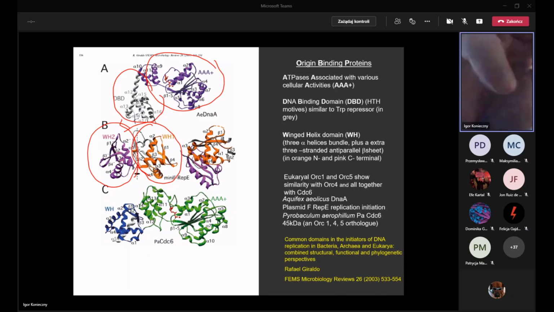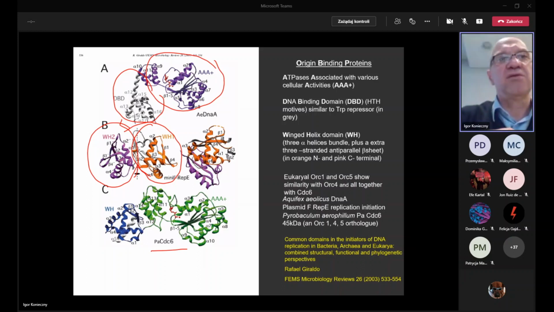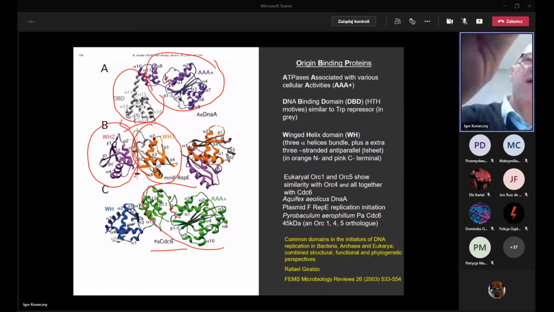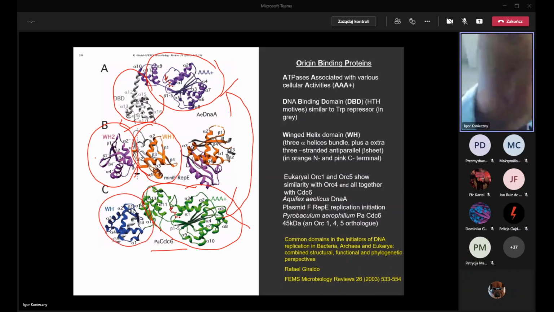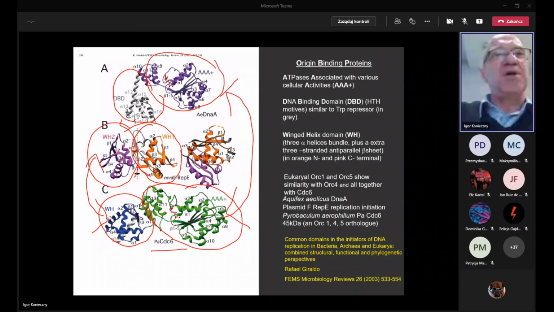But when you look at the eukaryotic replication initiators, ORC or from archaea, then you see that the similarity between the bacteria, and this is AAA plus part, and plasmid, and this is wing helix part. So it looks like eukaryotic replication initiators are combined with two different structures. One typical for bacteria, and the second one typical for the